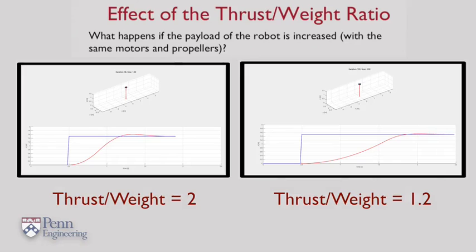So these two videos, or simulations, illustrate the differences between using two different motors. Or you can ask the question, what happens if you keep the motors the same, but change the payload? Again, it's only the thrust to weight ratio that changes, and you qualitatively get different performances,